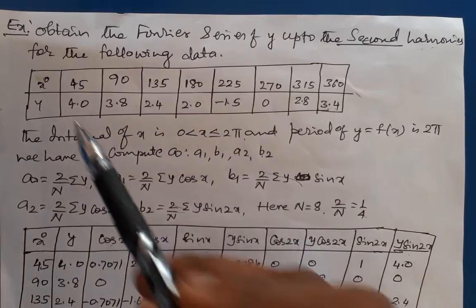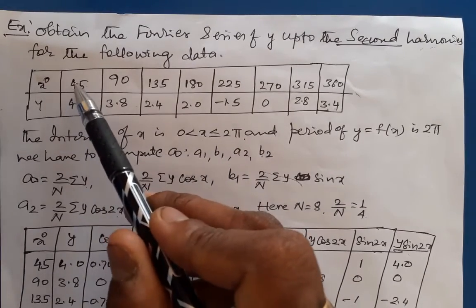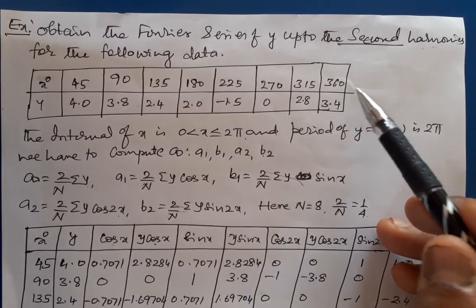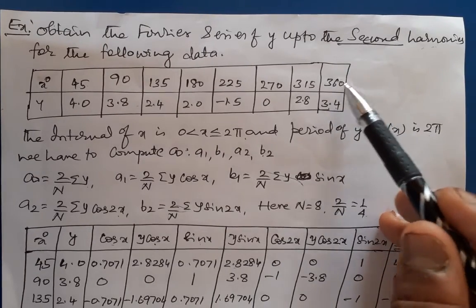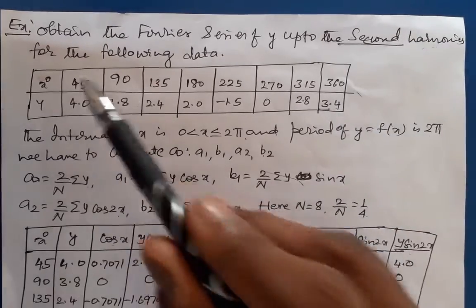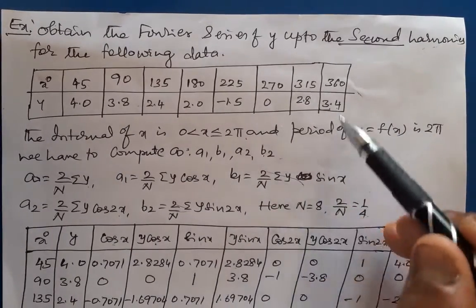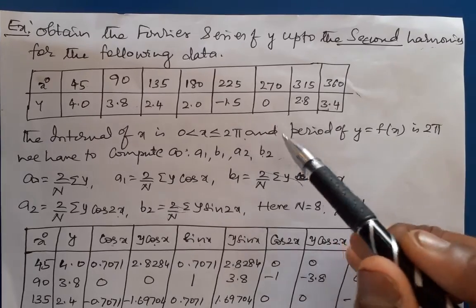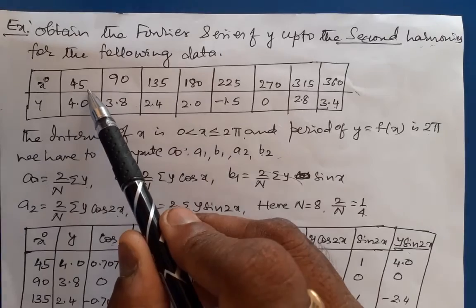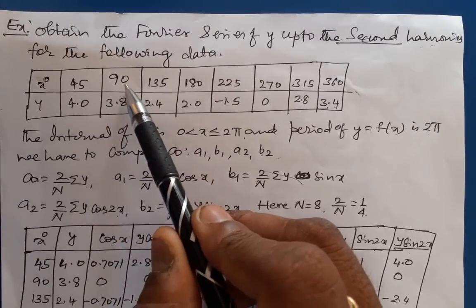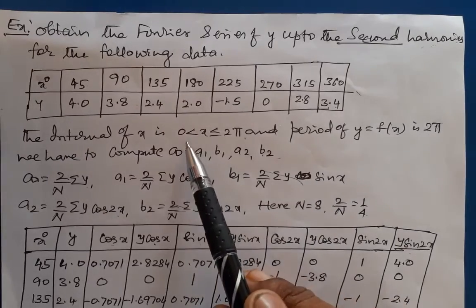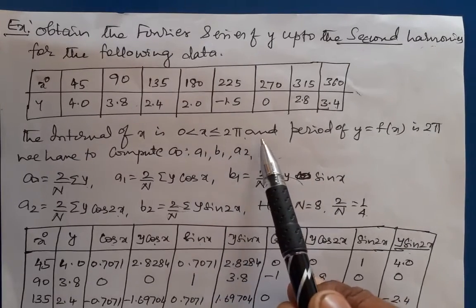How is it 0 to 2 pi? Because in the values of x there is no 0, but 360 is given. Geometrically, the circle will be completed when it coincides with both 0 and 360. Therefore, here we are not considering the 0. Instead of that, it started from 45. At each interval of 45 degrees, it will end up with 360. Hence, the value of x is between 0 to 2 pi.